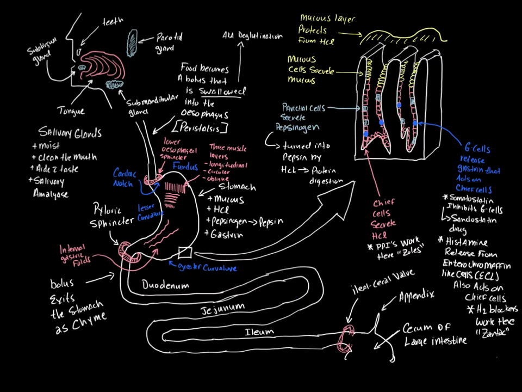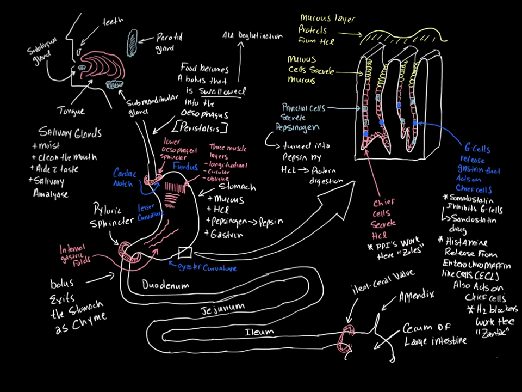And ultimately, as we chew the food, that food gets turned into what's known as a bolus, a soft bolus that can fit into the esophagus and be brought down into the